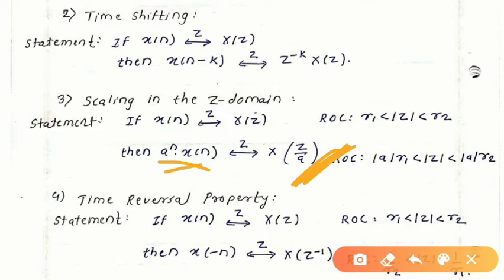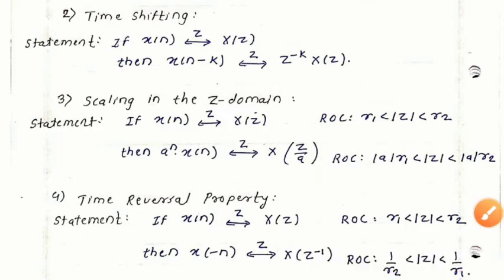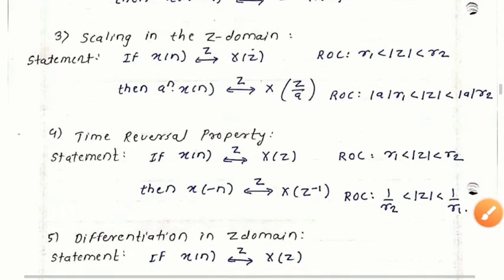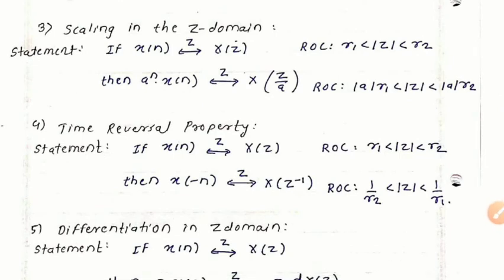Sequence is a raised to n into x of n. Okay, the next is the time reversal property. So what does it indicate? The statement is given. If x of z is the z transform of x of n, and the ROC condition is given, then x of minus n